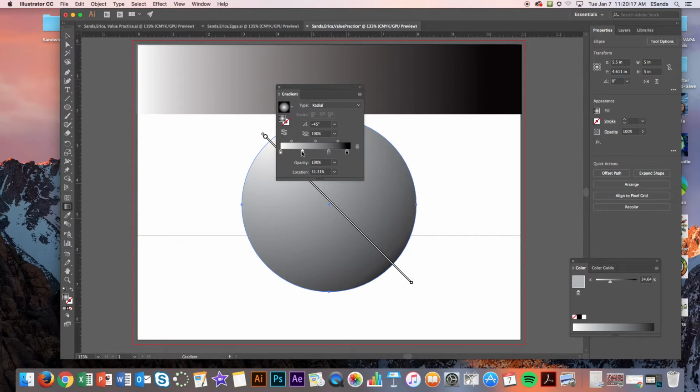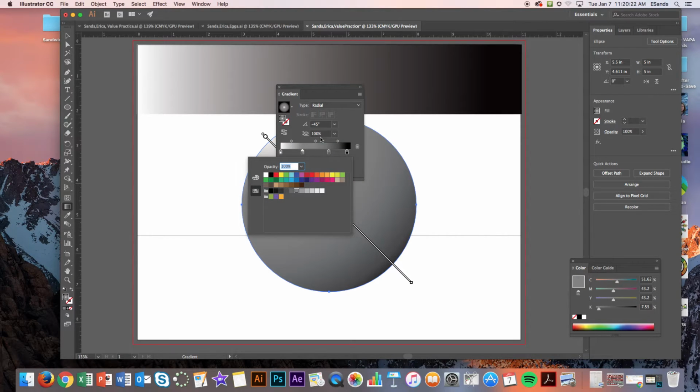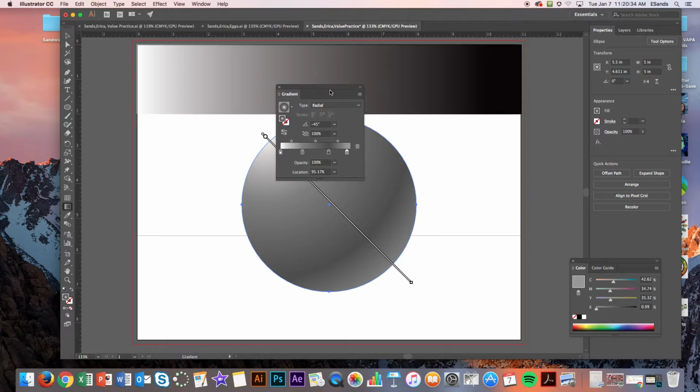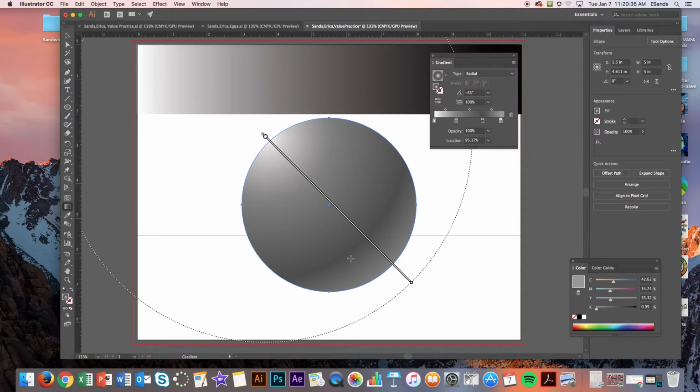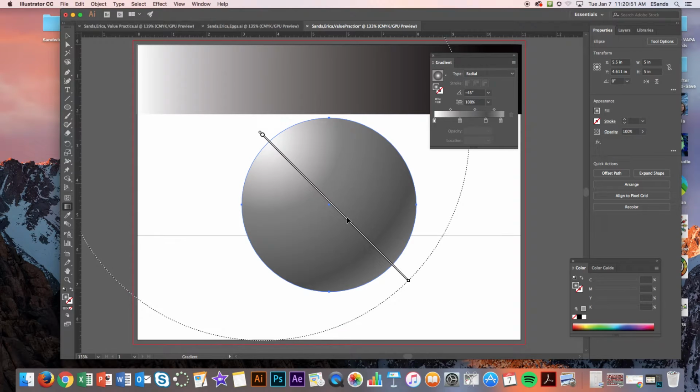I'm going to do a very, very, very light shadow. So I'm going to go with a light shadow gray. This is my darkest section, so I'm going to go with a core shadow. And then my reflected light is actually going to be a little bit lighter because it's light that's bouncing off of the table that the ball is sitting on. And what I can do is come in here and gradually change the position of these buckets. I can spread them out a little bit farther so that they look a little more natural,